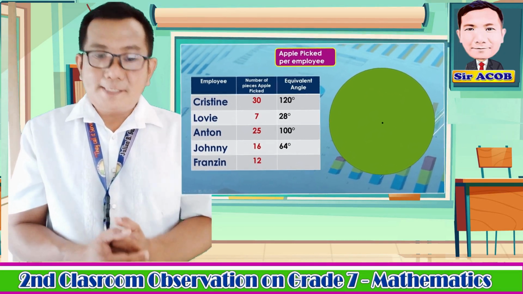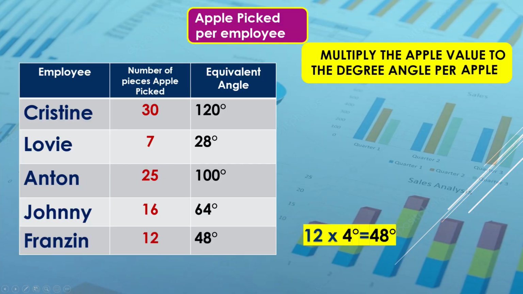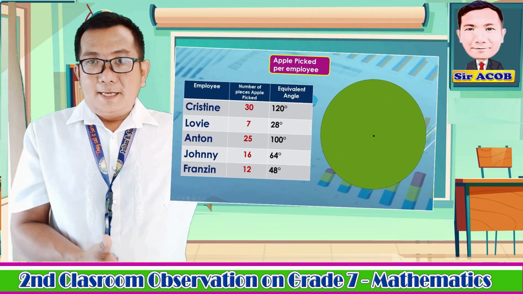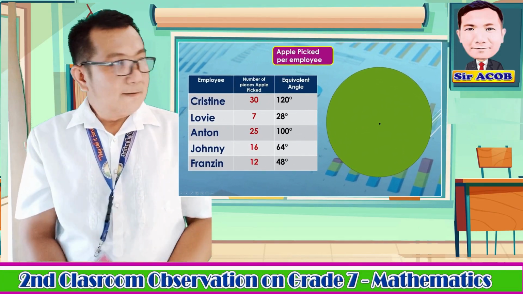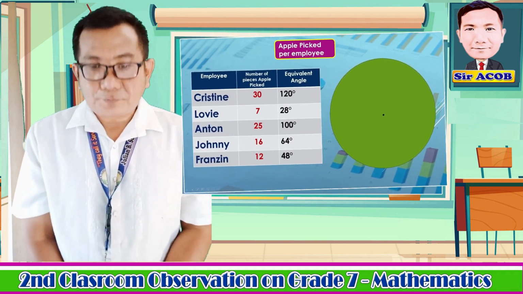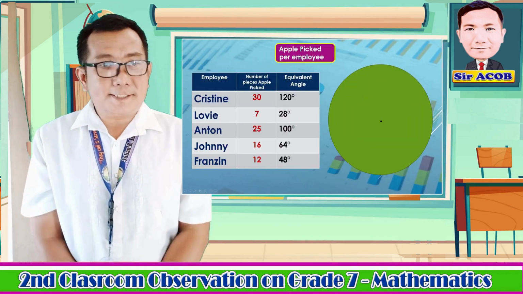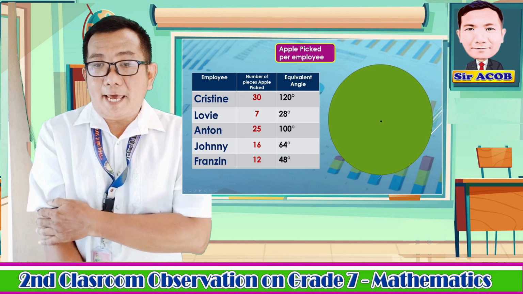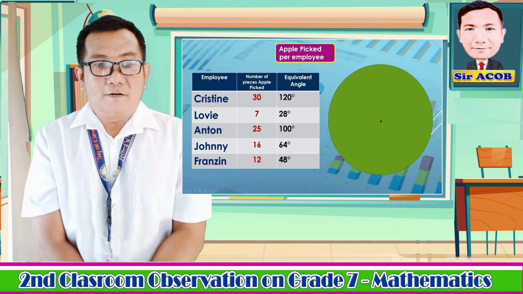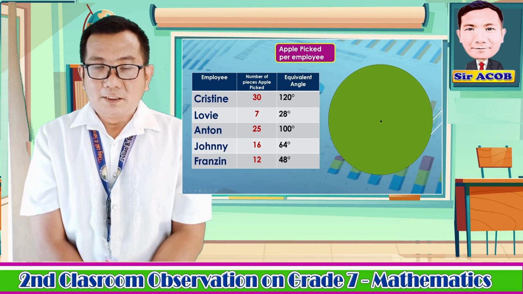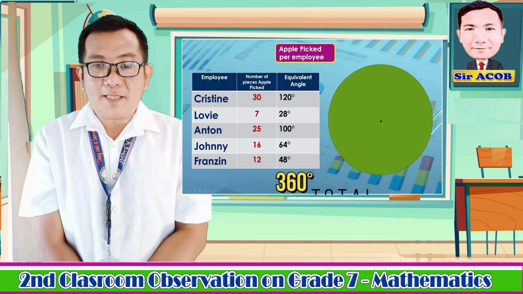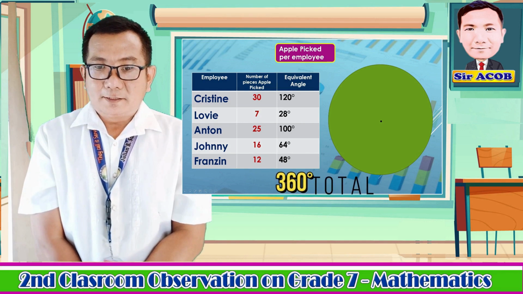Then Francine got 12 apples, then multiplied by 4 degrees. She got 48 degree partition on that pie chart. And now, since we got all these degree angles of each partition of each employee, to check, we would sum it up. So we should get 360